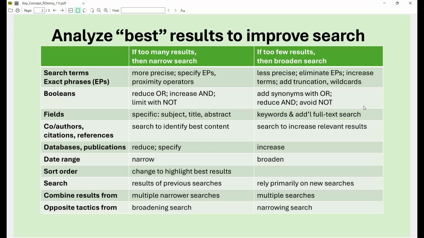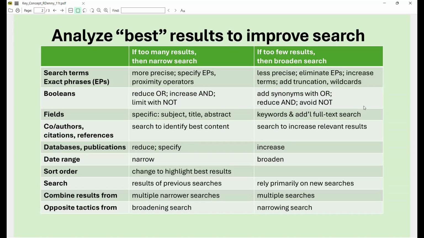Looking at the results that we got, we can look at authors, co-authors, citations, and references to find more relevant results to build off of. Can increase the number of databases and publications, broaden the date range,